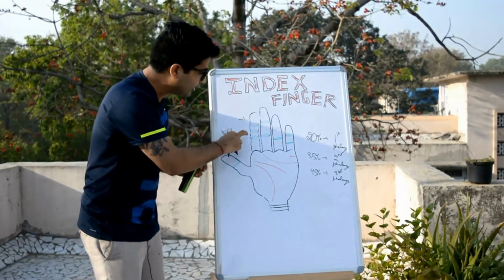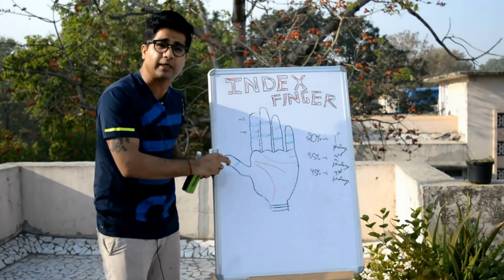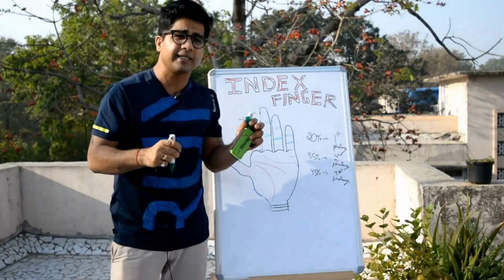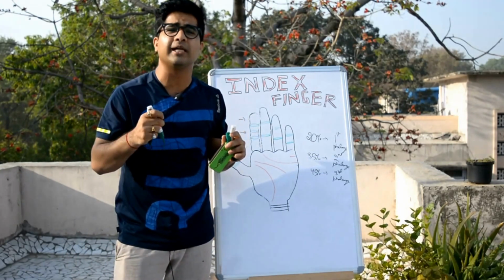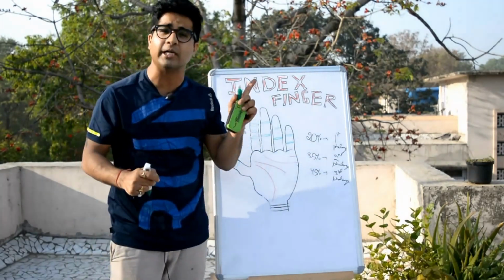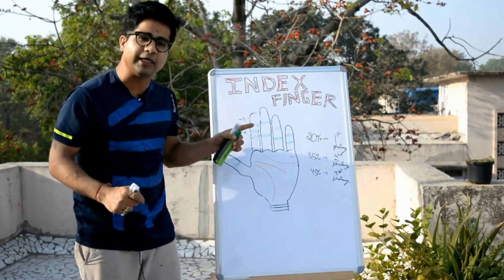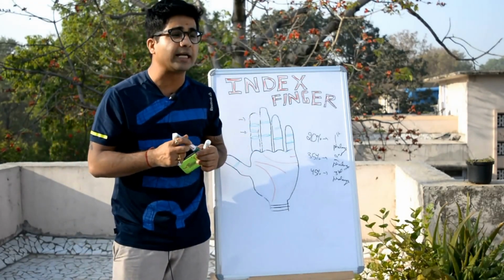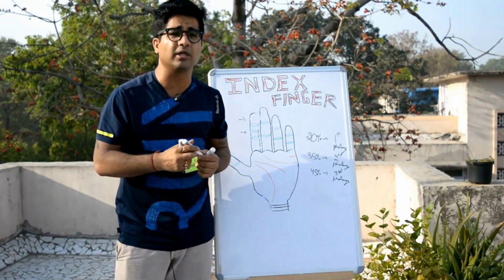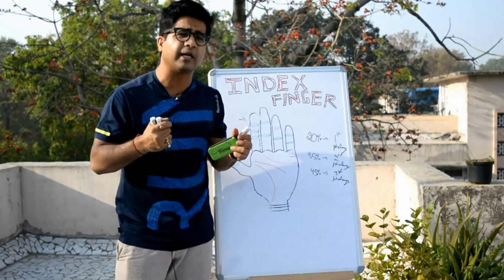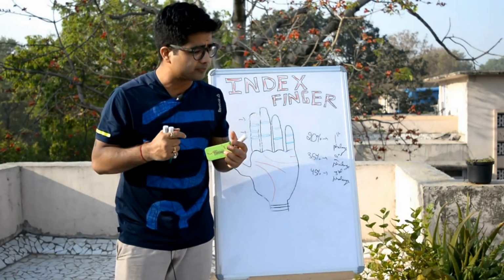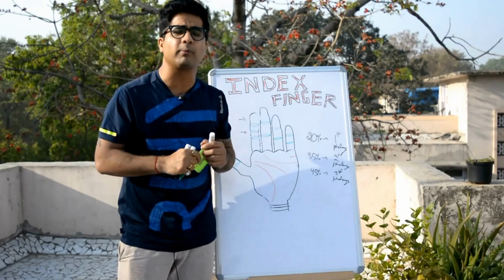So in case you find one extra knot in someone's index finger, then these people face problems in their education, because the index finger is associated with education. So these people would definitely face problems in their education, and they will have liver related disorders, and if they are part of some political association, then they will also face problems in that aspect.